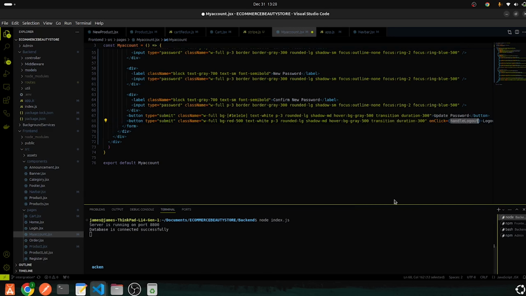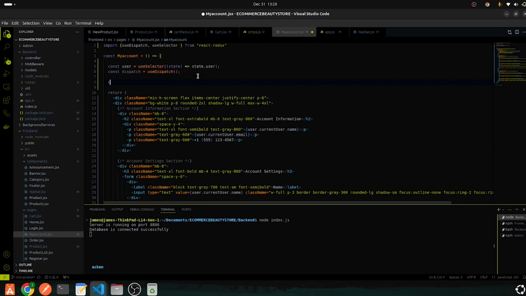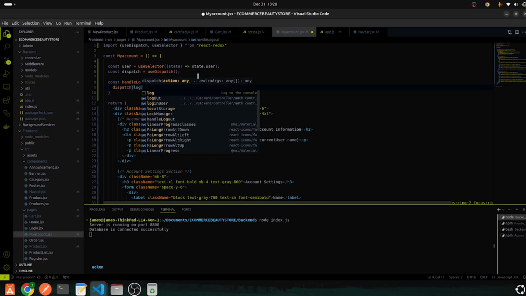I'm going to come up here and create that function. So I'm going to have const, that function, and now inside here I'm going to call dispatch, and inside here I can call logout, because remember we have a logout from the backend controllers, and we don't want that. I want us to call it from